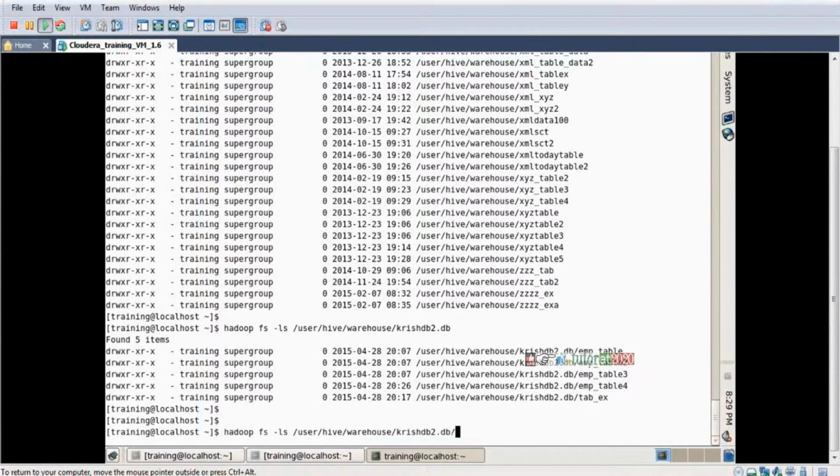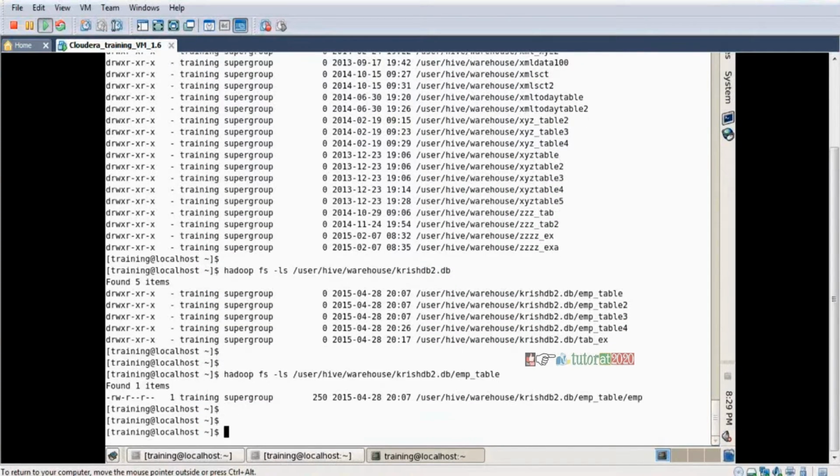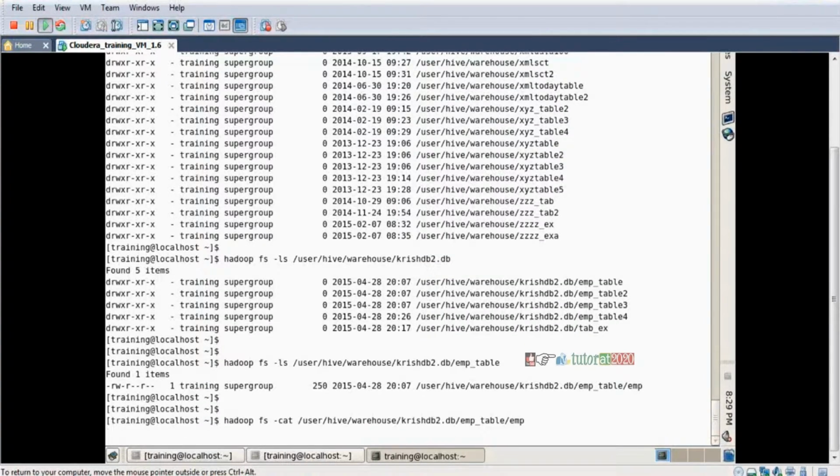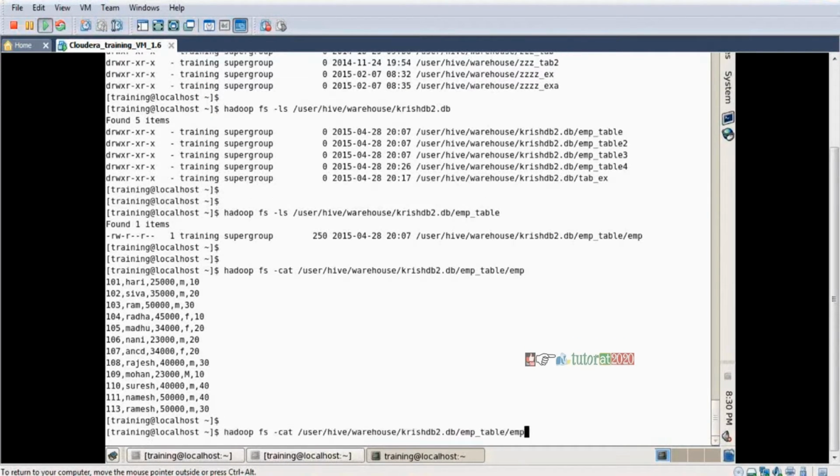For example, I'm going to open the EMP table. Yes, one file is there, and that file name is EMP. Use ls, then cat, because that is a file. Enter. Data is coming. Now if you see EMP table 2,